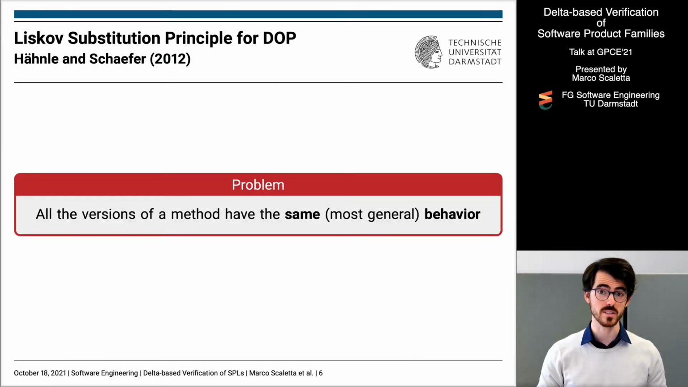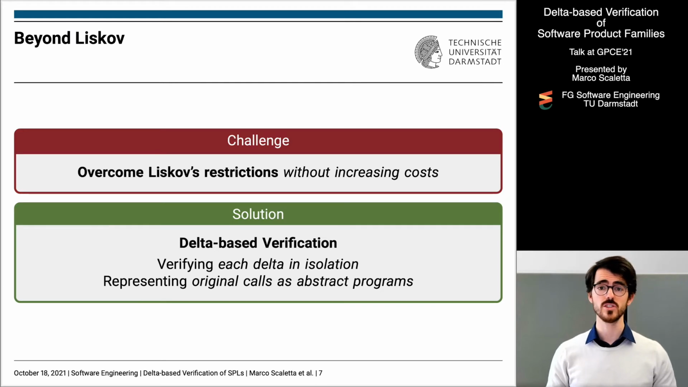Now a problem arises since each version of a method has the same most general behavior. That means that deltas do not really modify the behavior of methods. So the challenge now is to go beyond the Liskov restrictions, with the idea to not increase the cost. And the solution we propose is the so-called delta-based verification, because we are able to verify deltas in